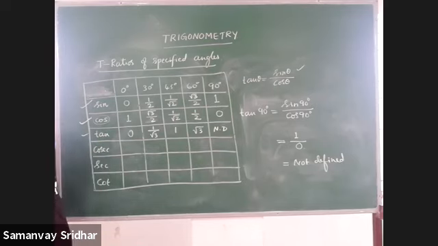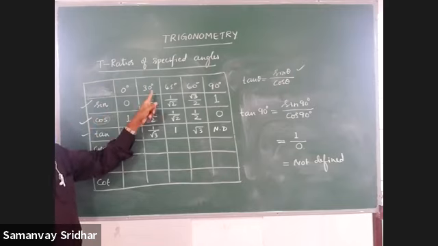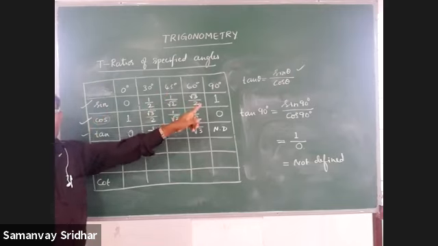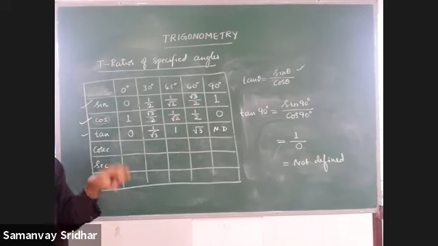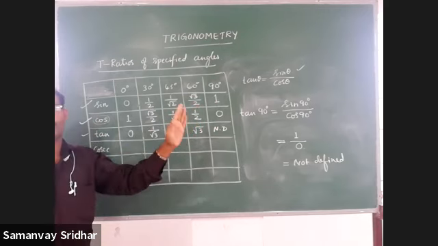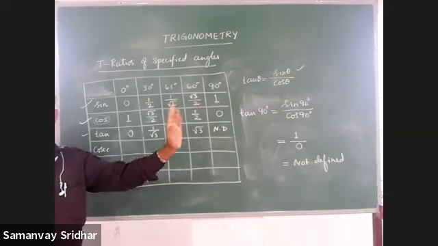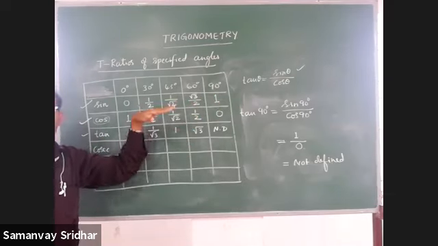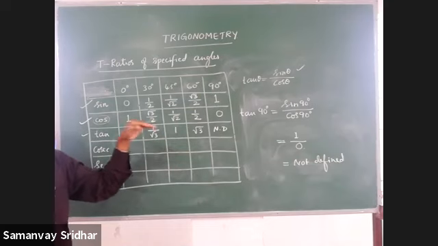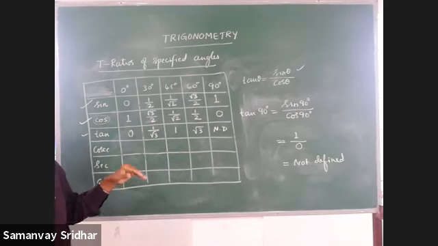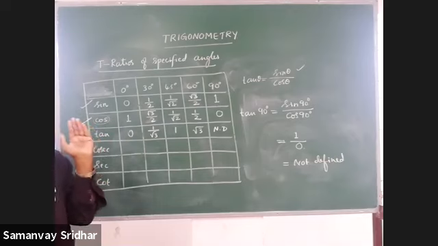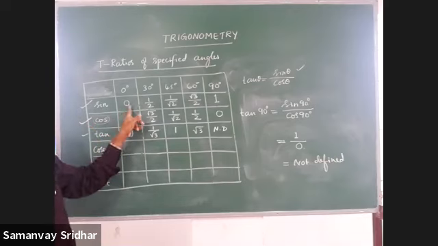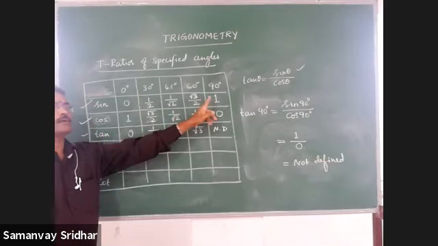Okay, then 3 basic ratios are over. I told you that to find the sin 0, 30, 45, 60 and 90, I gave you a technique. Go for 0, 1, 2, 3, 4, no 5. Then divide all by 4 and take the square root of them. Whatever the value you will get respectively in an order, you have to write them.